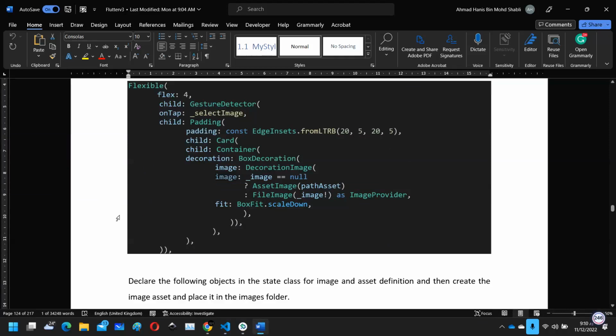So your decoration image, which is part of box decoration, will require image, and inside here we use decoration image, and for the decoration image will require image, but for the image there are options here. There are two options. So if the image object is not available or if equal null, but unfortunately, if null can be used and even in the latest version of